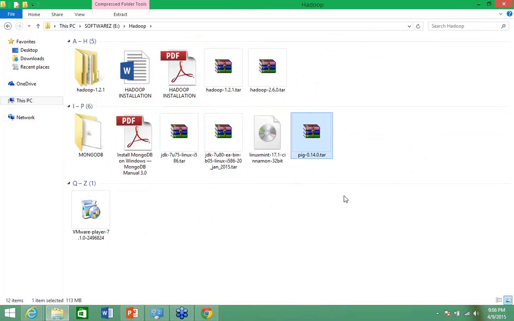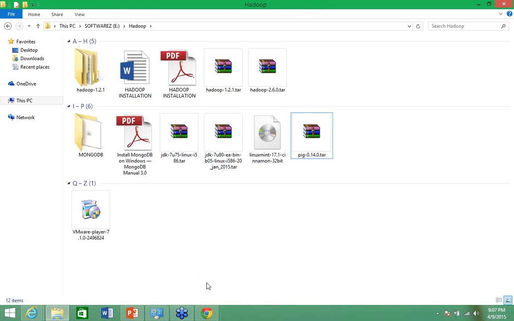The latest and current version of Pig is 0.14.0. Once you type in Google Pig 0.14.0 download, it will automatically give you this one. I inform each and everyone to simply download this Pig in Windows and try to configure it.